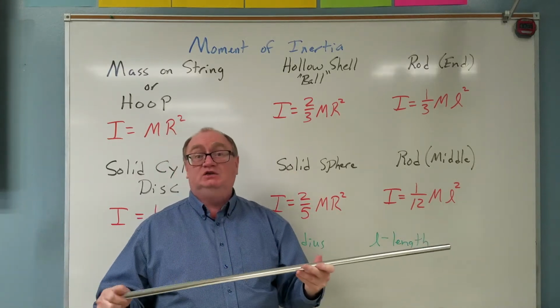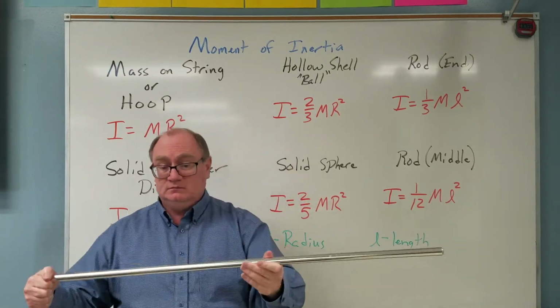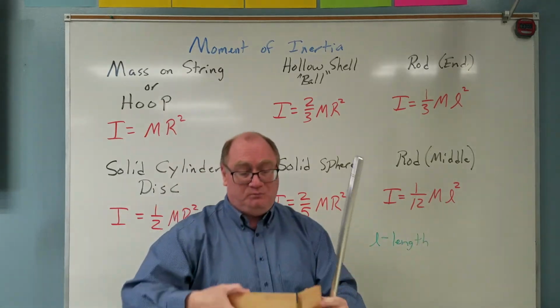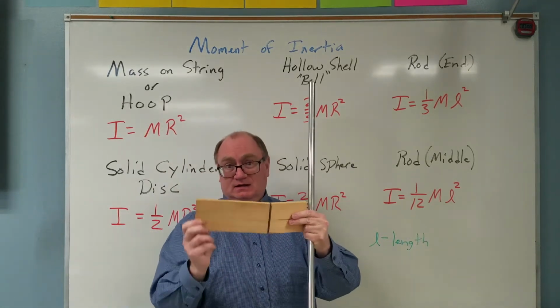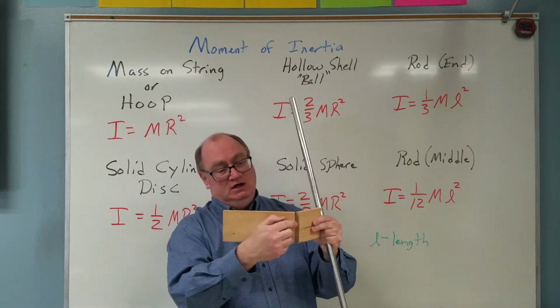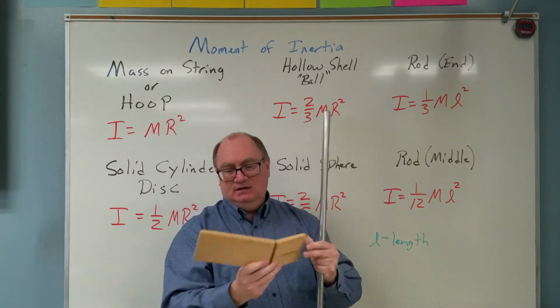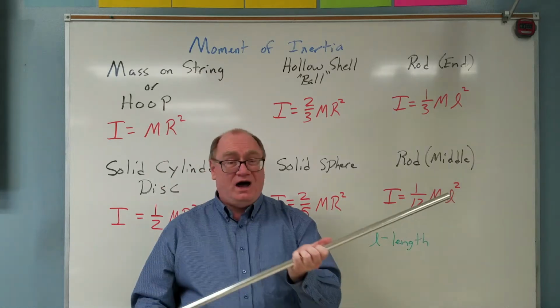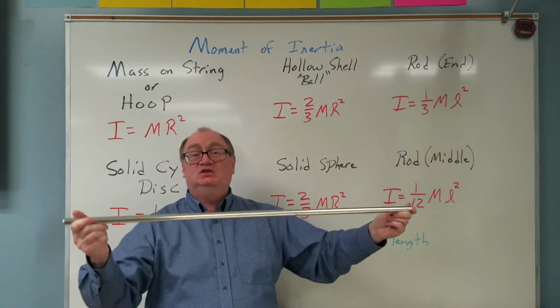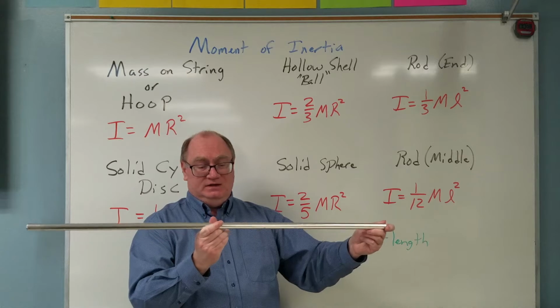Now, this is like a door. Picture a door swinging. So it can be a whole pane like this. That would still have the same moment of inertia. We still have an L, and we have the mass of this. So, a rod swinging about the end, same thing like a door swinging. But if we swing it around the middle,